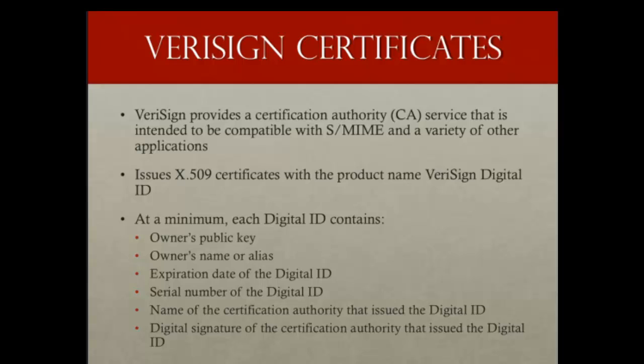VeriSign certificates. There are several companies that provide certification authority, CA, services. For example, Nortel has designated an enterprise CA solution and can provide S/MIME support within an organization. There are a number of internet-based CAs, including VeriSign, GTE, the U.S. Postal Service, etc. Of these, the most widely used is the VeriSign CA service, a brief description of which we